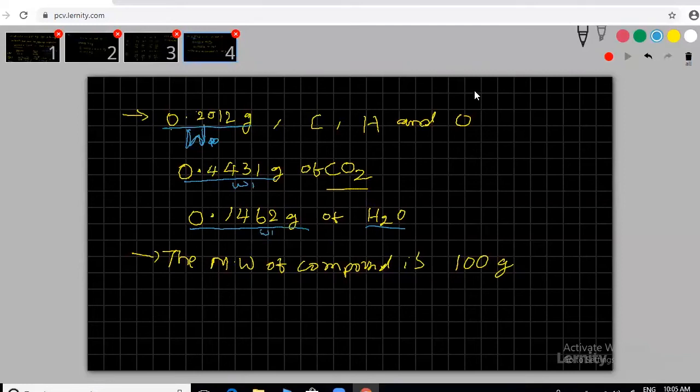So can you find the composition of carbon? How much is there? If you want percentage, we can do percentage, or you can find the weight also. If percentage is asked, you have to multiply by 100. If you don't want percentage, you can do it directly. W1 how much are we getting here? W1 by capital W into 12 by 44 into 100. Is it correct? This is the percentage.